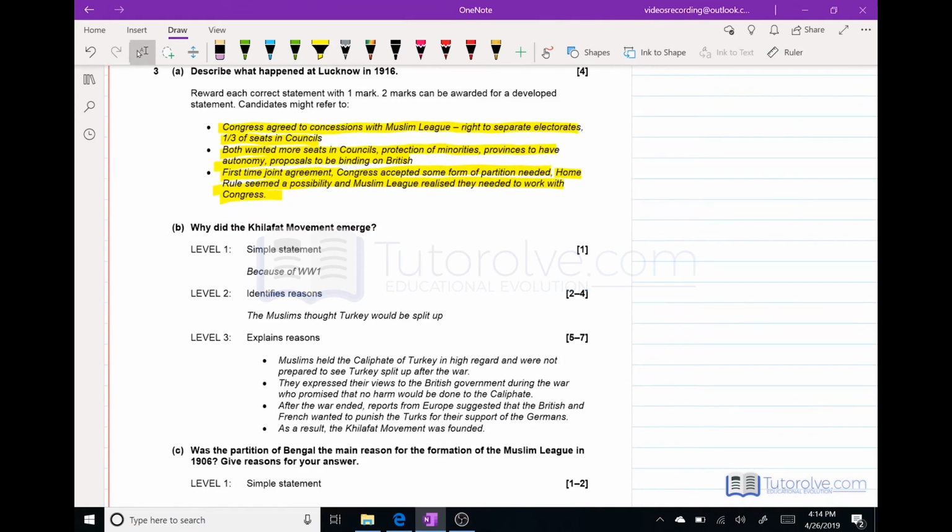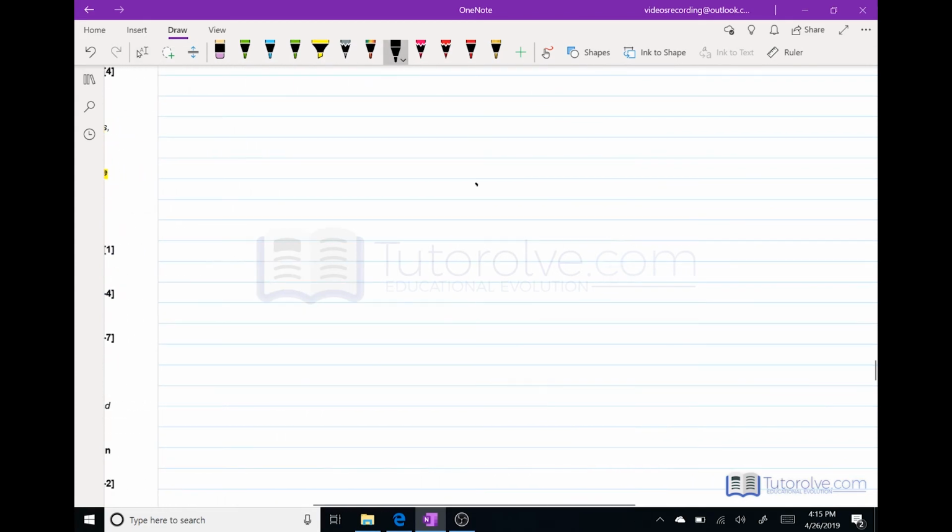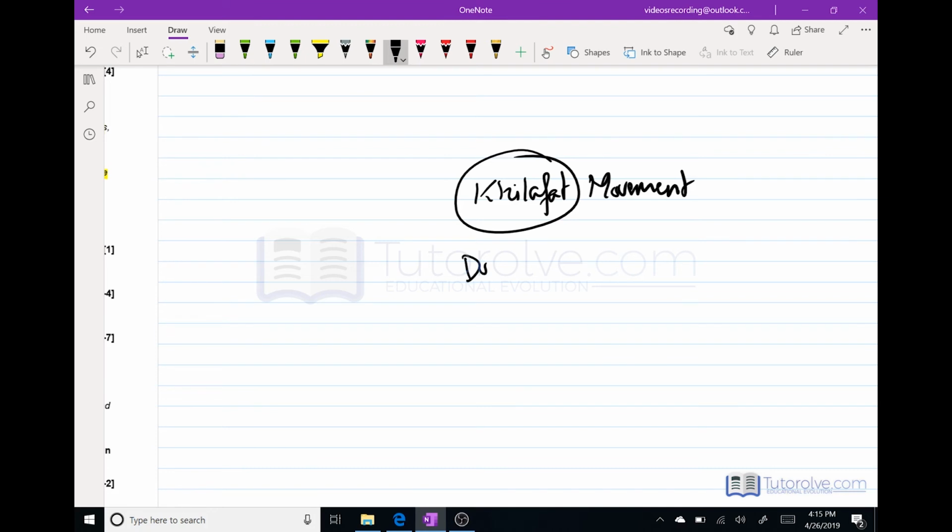Part B. Why did the Khilafat movement emerge? Now, the reasons for the Khilafat movement are many. The first thing is that the Khilafat movement started because of the word Khilafat, in the sense that during the First World War,